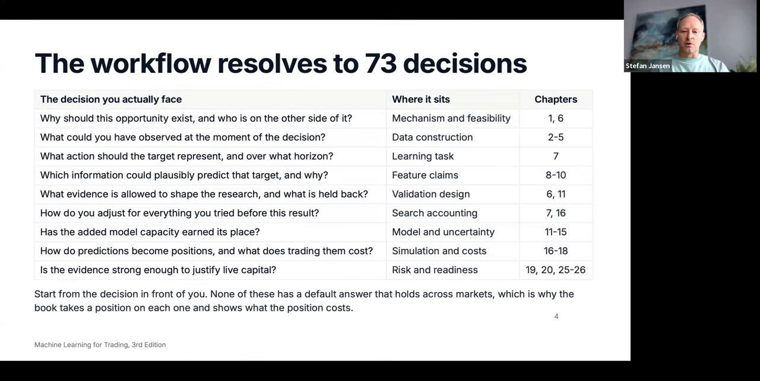What evidence is useful? How do you interpret it correctly? How do you evaluate different models and compare them? How do you justify adding more complex models to the mix? And how do you adapt and adjust the results after you tried a lot of different things, which naturally biases